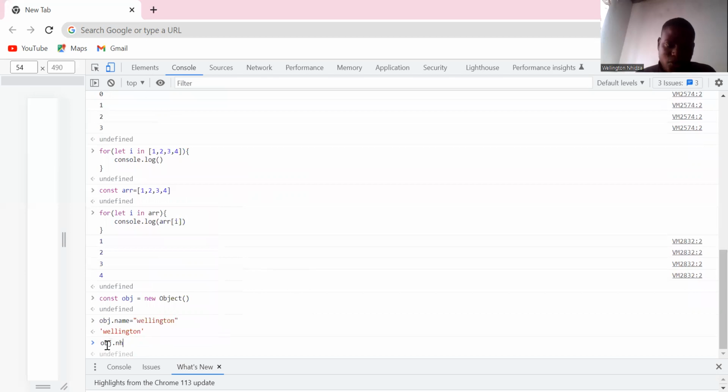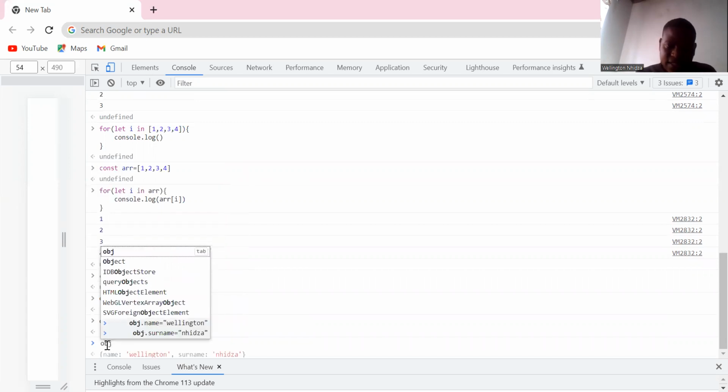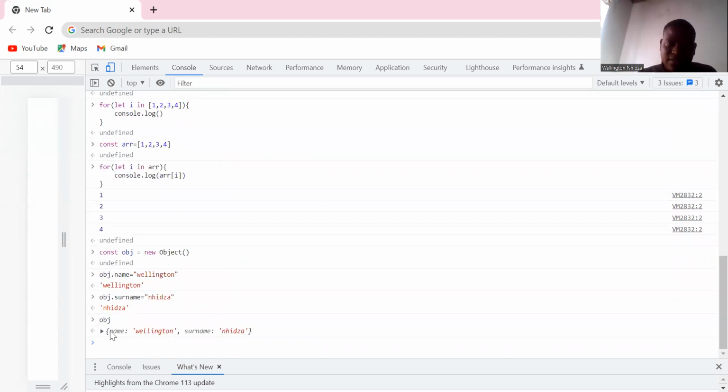You can say surname, needs. It is also okay to just put anything that you want in this object. So let's just see what our object now has. So we have this, our object. This is now our object name. This is the first way to declare an object in